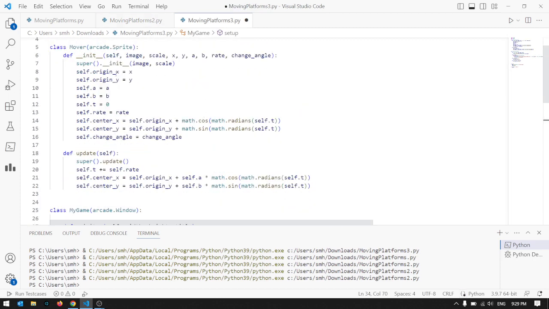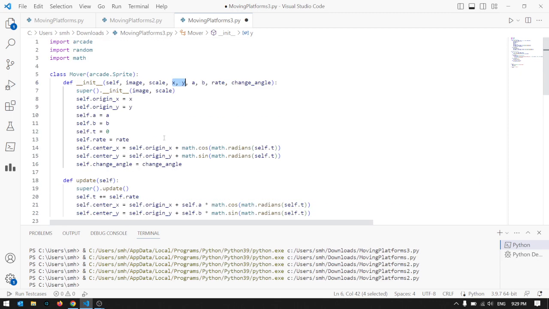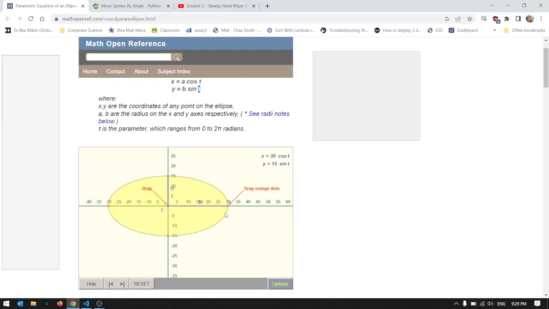So every mover that I make now, I specify its position. I'm still doing it randomly, we'll see down there, but at least we don't have to do it randomly. We can specify a particular number. I also specify its amplitude horizontally and vertically. You can go back and refer to this. This is the maximum, this is the A, and this is the B. So the maximum,